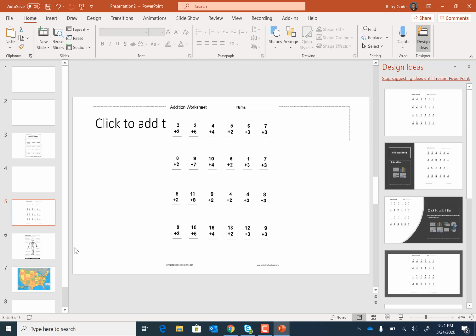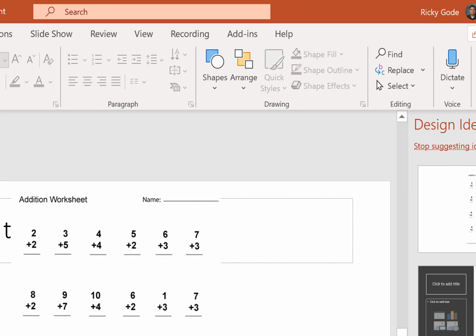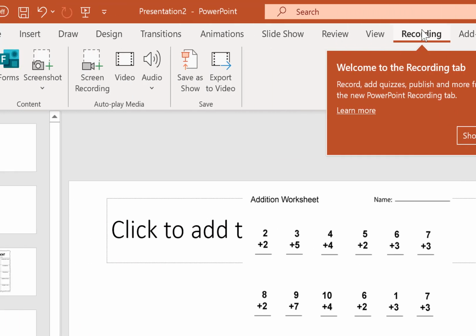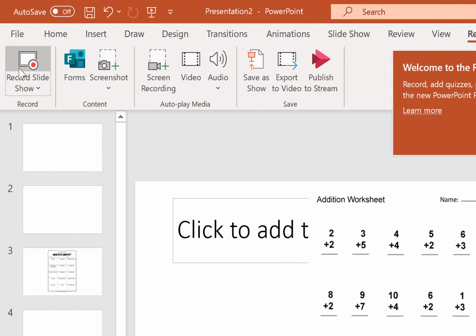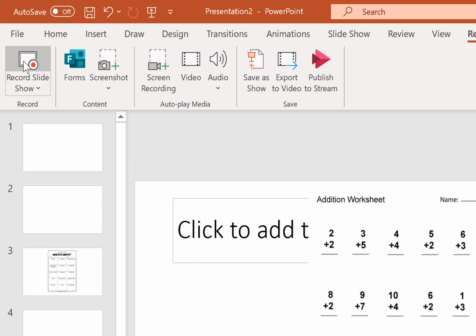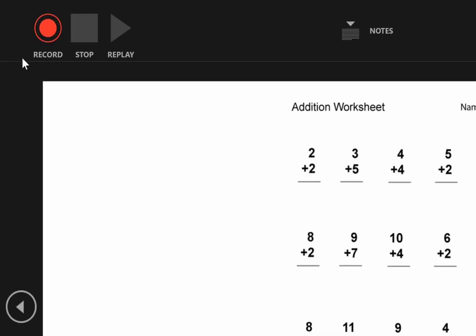So this is how you can record your PowerPoint presentation. Now that you've enabled the recording tab up at the top, I'm just going to click on that, and I'm going to click Record Slideshow. What that's going to do is change the screen,